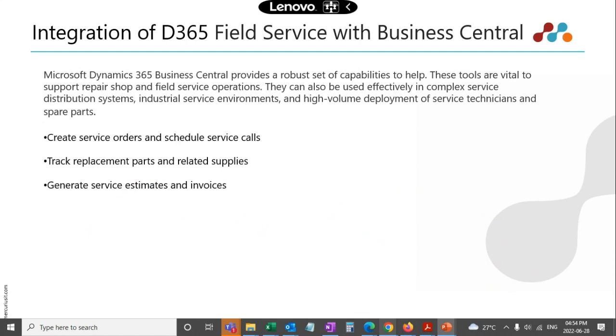This is the last topic in our webinar discussion today, which is the integration of Dynamics 365 Field Service with Business Central. Now, Dynamics 365 Business Central is the ERP solution of Microsoft. And since it is also a part of the Dynamics 365 suite, the data resides in Dataverse. Based on your business scenario, the information that you want to be sent from Field Service to Business Central, or the information that needs to come into